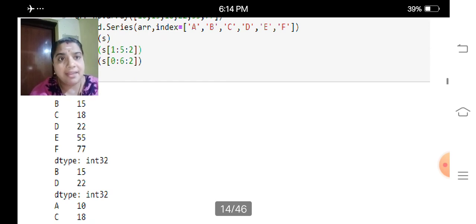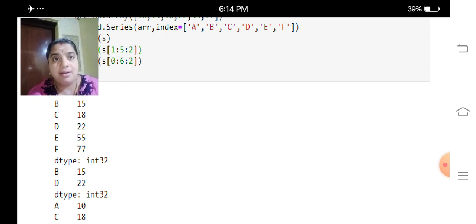B, D. What is the first index we have? That is 0. Second index is 1. So B becomes 1. So 1 till 5, step 2, so 1, 3. It won't include 5. So that is why we got the first and third index, that is B and D.